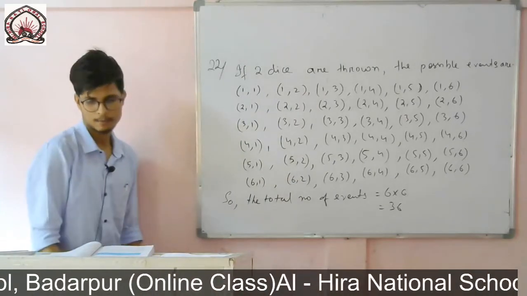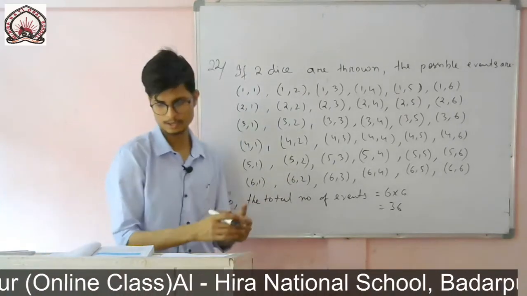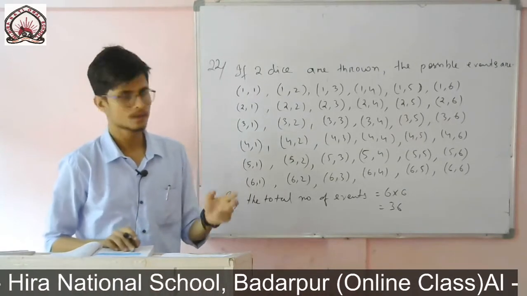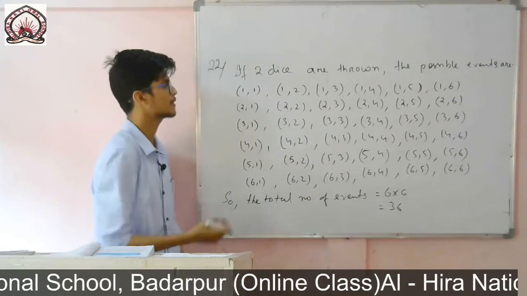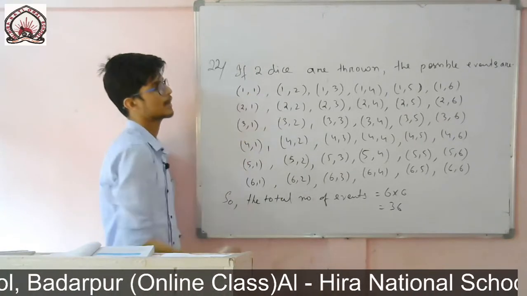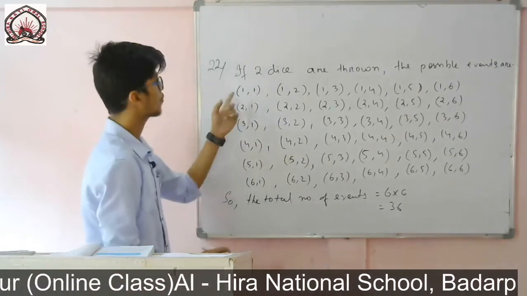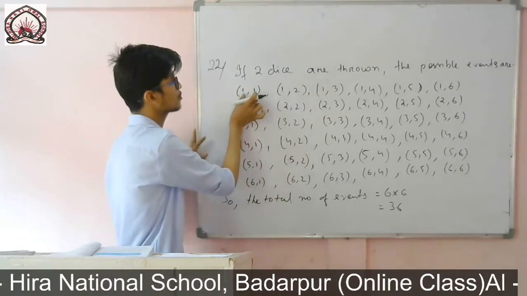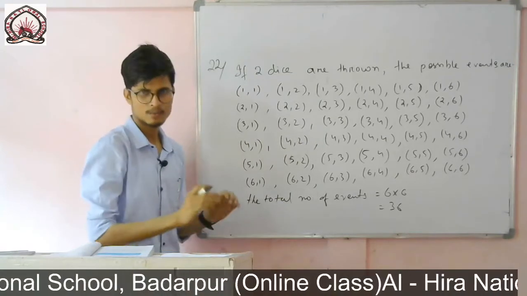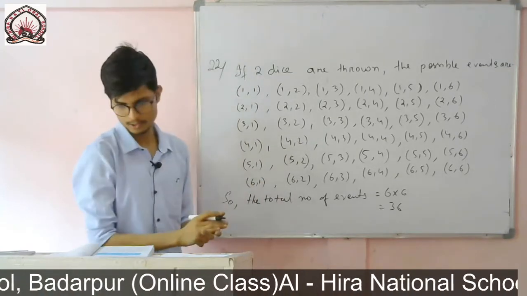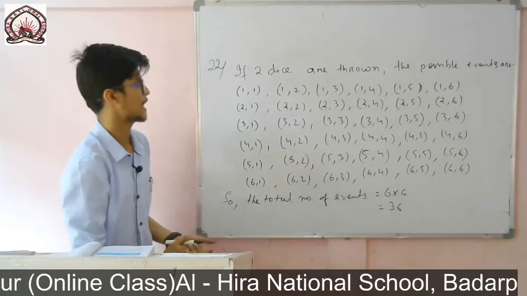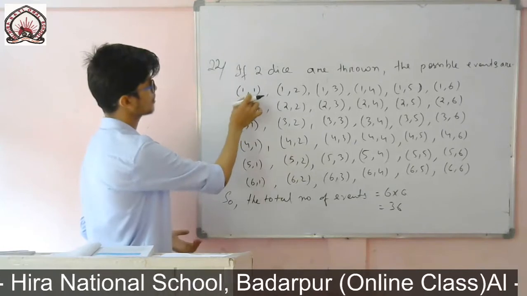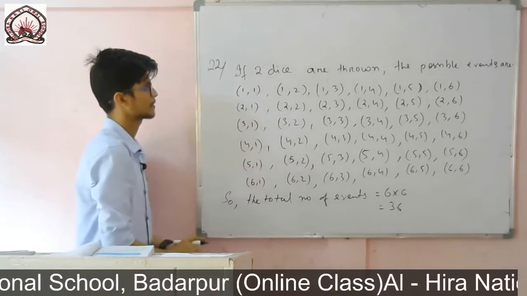Now the table is given, so if anyone wants, he or she can find event by event getting the sum of dice 2. You can see the sum will be 2 only in this case, 1 plus 1. That means only one case is there. Out of these 36, only one time if I add these 2 dice, I will get 2. To get the sum 2, the possible outcome is only one time, that means 1 comma 1.